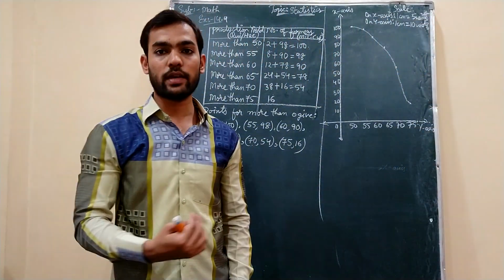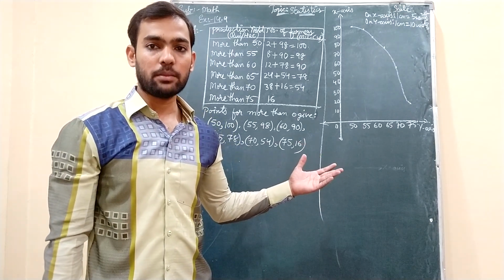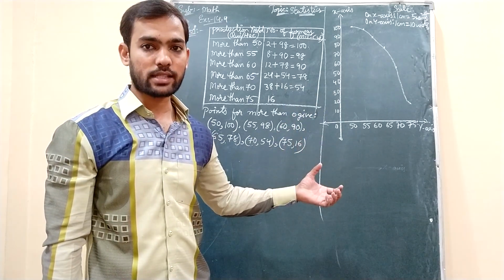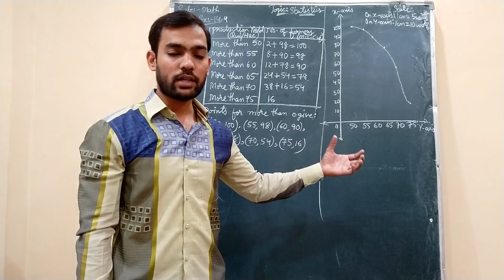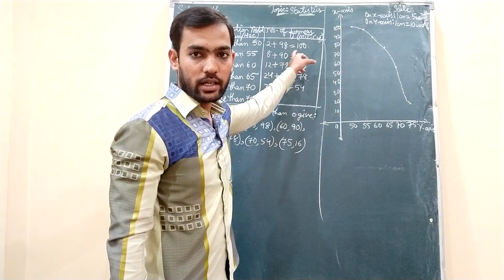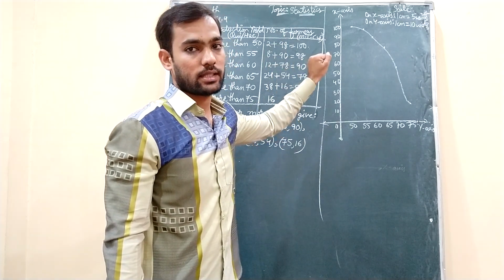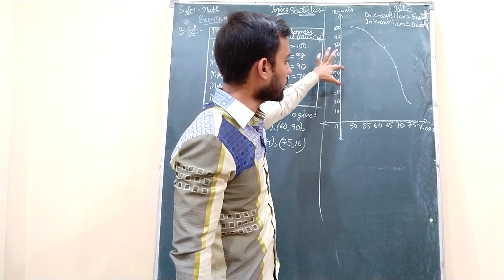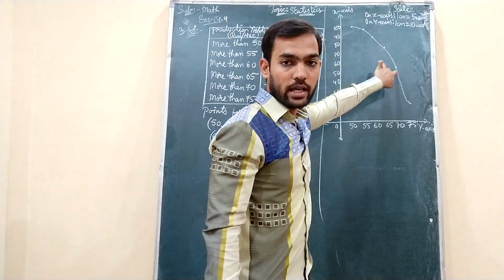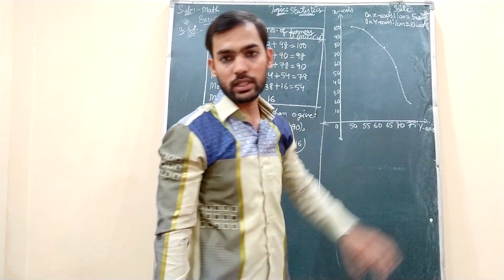We have learned less than ogive as well as more than ogive both. Suppose he asks here to obtain the median from the graph, but he has not asked in this question. If in examination you get like that, what you have to do, first you have to do n by 2. So there are total 100 farmers, right? 100 by 2 you will get 50. That 50 where you have to take? Yes, on y-axis you have to take. Here it is 50. So from 50 you need to go on taking a straight line towards here, and wherever it touches the ogive, from there you need to come down. So almost like 70 you will get the median.